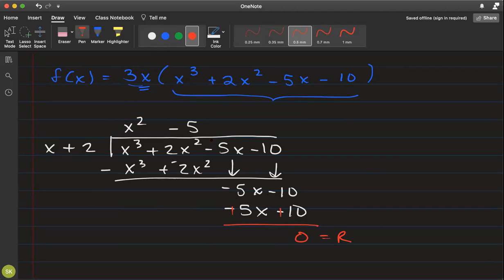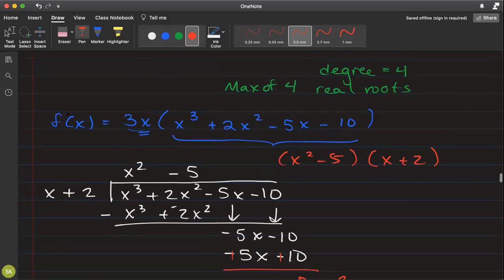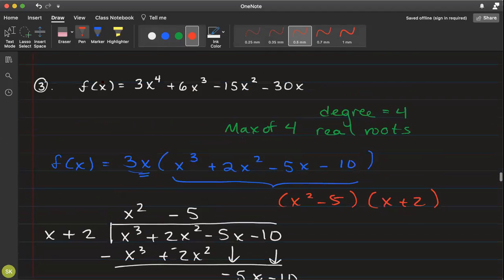So you see that we get x plus 2 times x squared minus 5 would give us this polynomial. So let me write it here. X squared minus 5 times x plus 2. Okay. Let's rewrite this original function right here as 3x times this times this. Is this completely factored? Well, it is completely factored over the rational numbers, but if we want to factor it